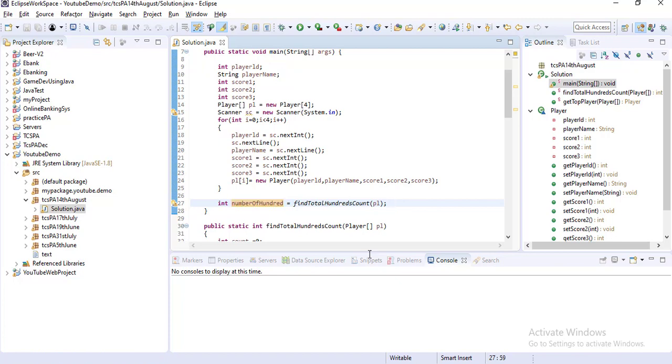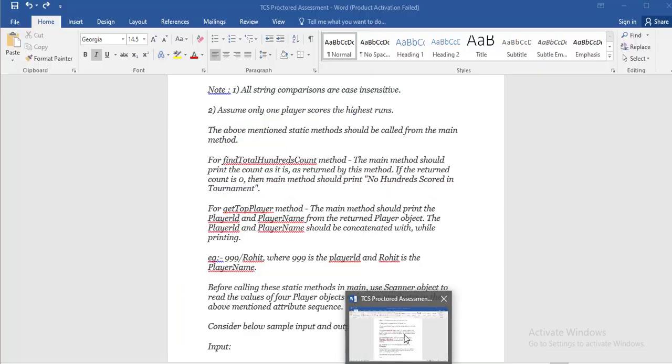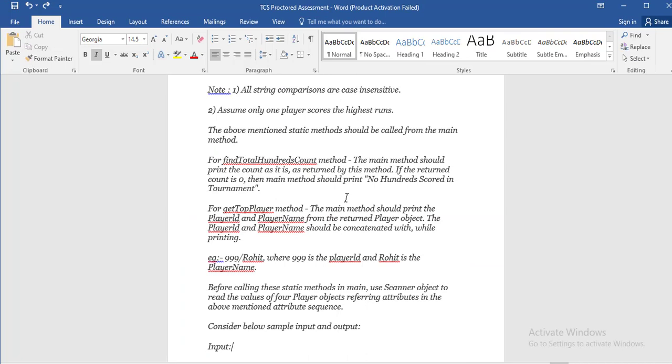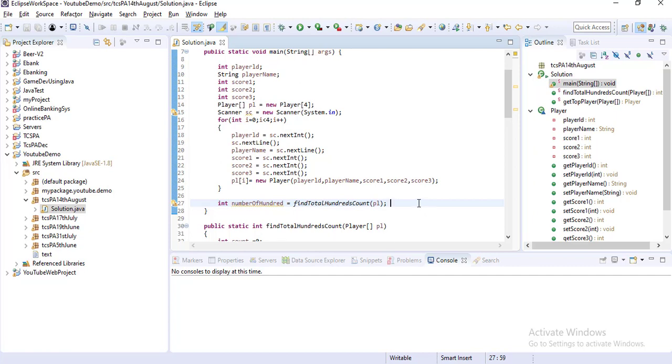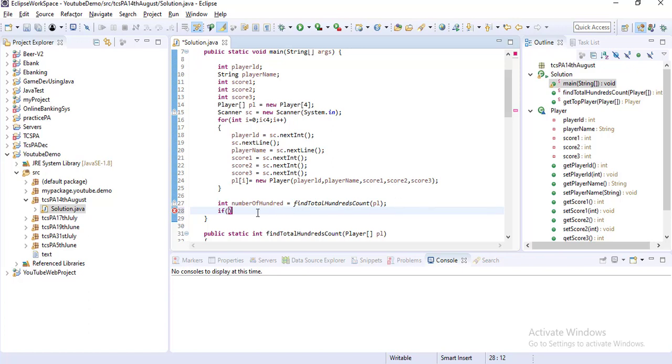Okay, and here you can see if the returned count is 0, then the main method should print "No hundreds scored in this tournament". So this message you have to print.